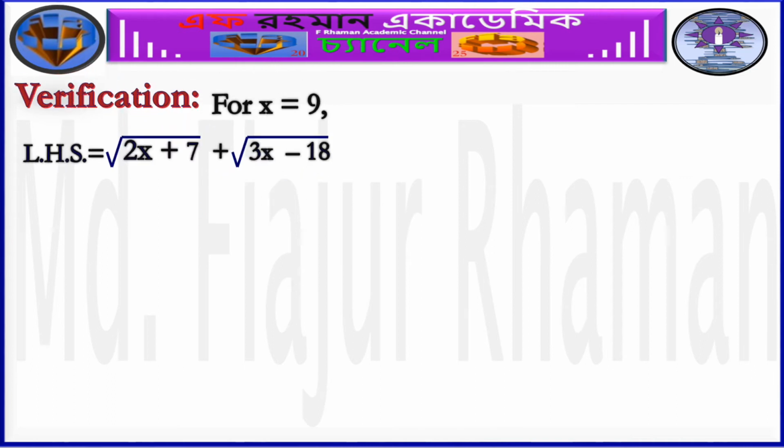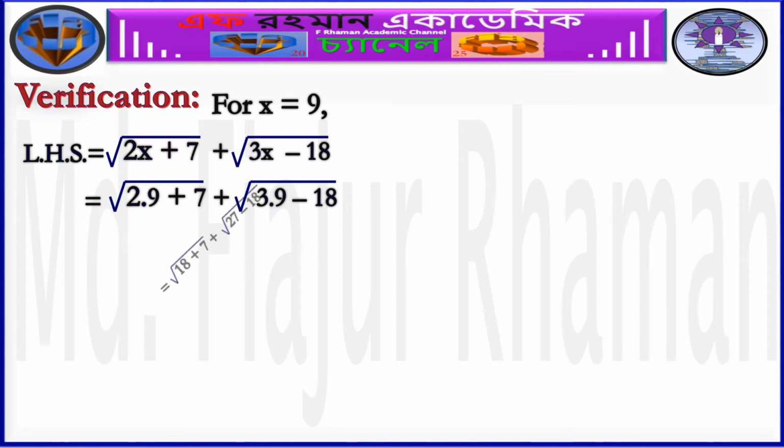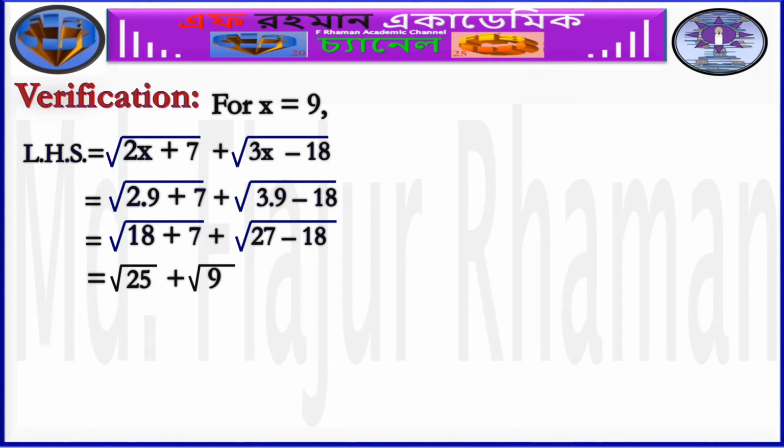Verification for x is equal to 9. Left hand side: square root of twice x plus 7 plus square root of thrice x minus 18 is equal to square root of 2 into 9 plus 7 plus square root of 3 into 9 minus 18, as x is equal to 9, is equal to square root of 18 plus 7 plus square root of 27 minus 18. 2 into 9 is equal to 18, 3 into 9 is equal to 27, is equal to square root of 25 plus square root of 9. 18 plus 7 is equal to 25. 27 minus 18 is equal to 9, is equal to 5 plus 3 is equal to